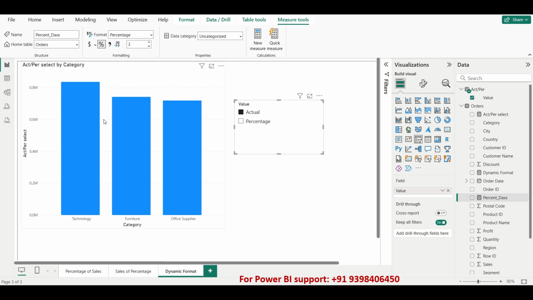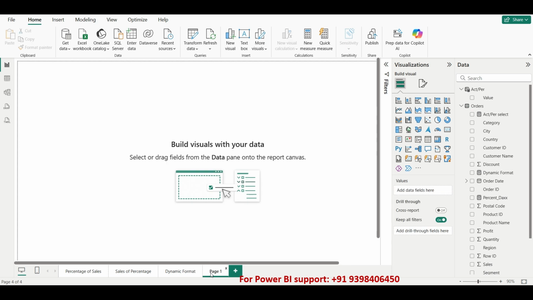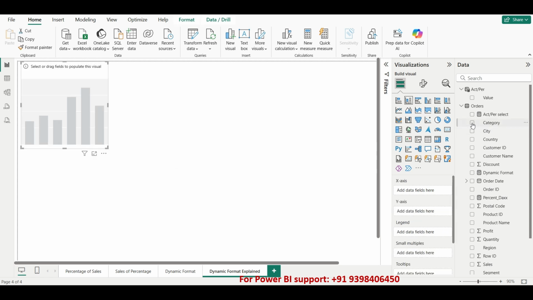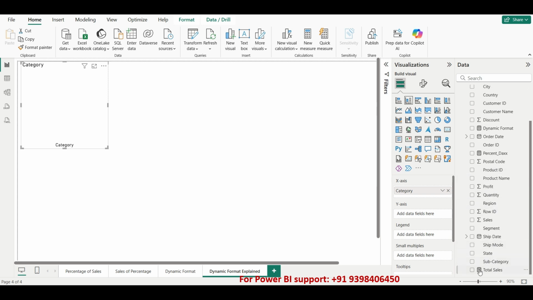So whatever the DAX we have created for this, let's say act or percent select. So let me create a new page so that I'll be explaining from scratch a little bit. If you know already this, please feel free to just forward that video. But for now, dynamic format explain. So let me create a bar chart first, category,